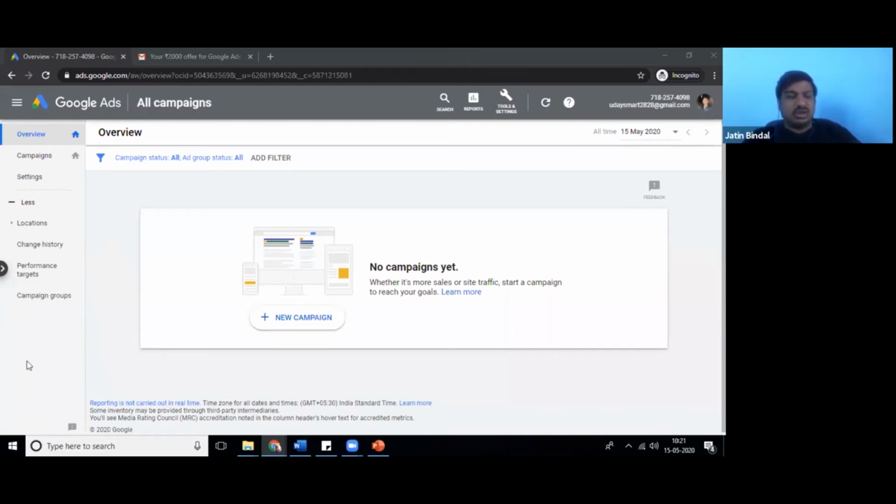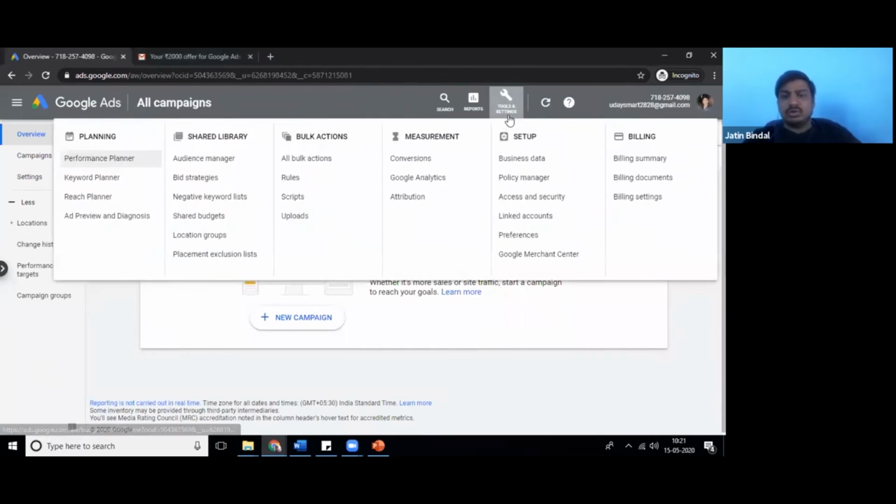The first agenda has been completed: how to create a Google AdWords account. Now the next agenda is to do keyword research for a search campaign and then create a campaign. So how to do that? It's very simple.